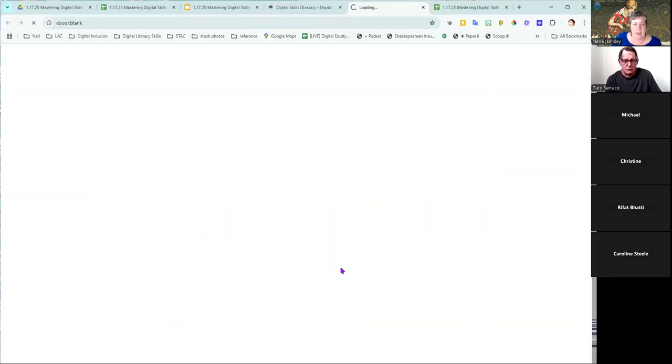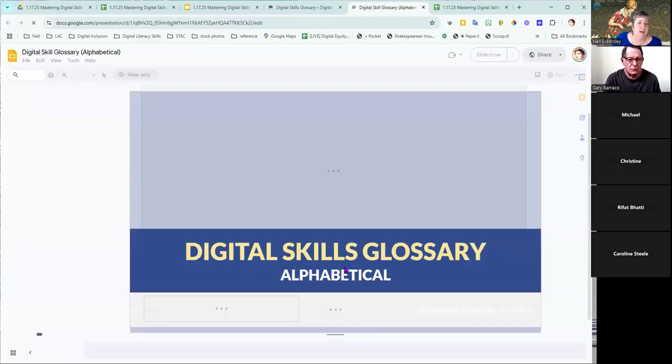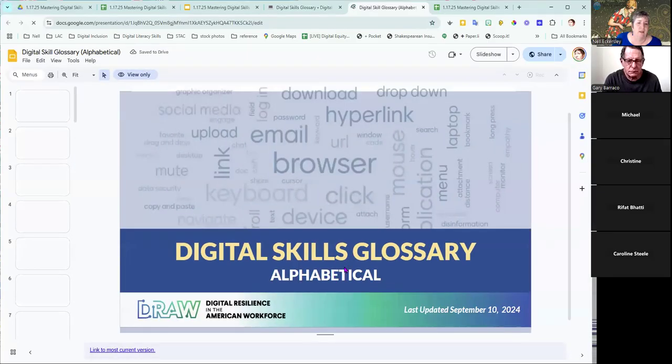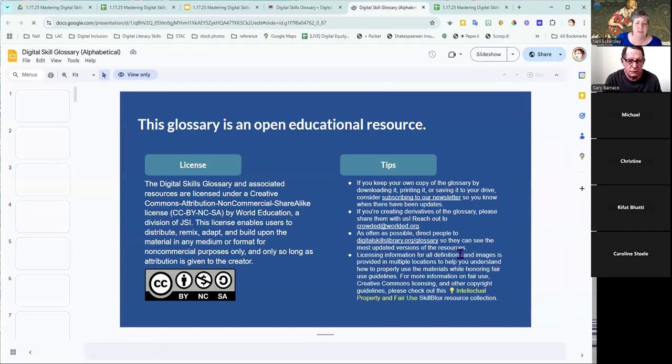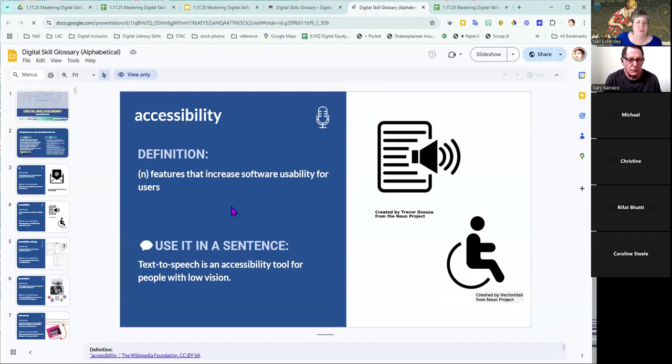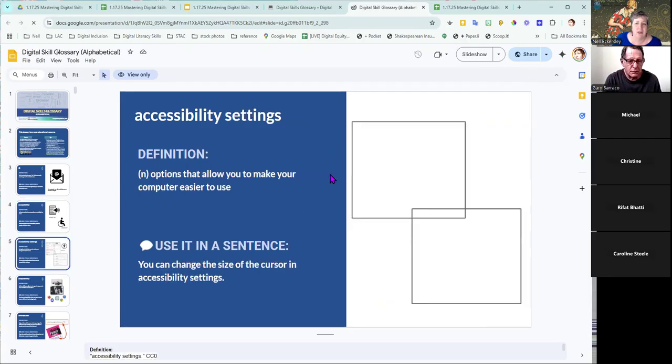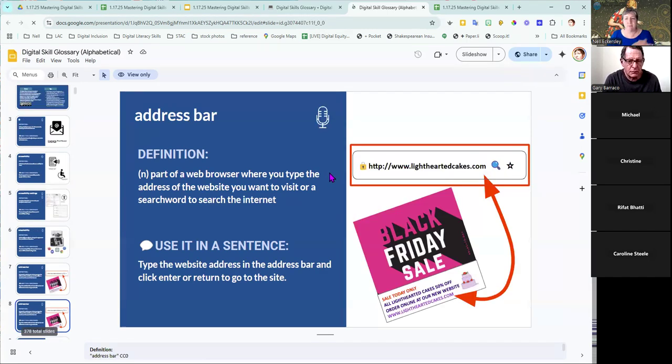We can look at it this way. Each slide has a definition. Yeah, so there's a definition, there's use in a sentence. You can actually play the audio version of it by clicking on the little guy up there. So again, this might be overwhelming and too much. But if you're talking about specific things, you could come here and grab something, and then that could be a resource that you use with your learners, or your learners could come here and use this